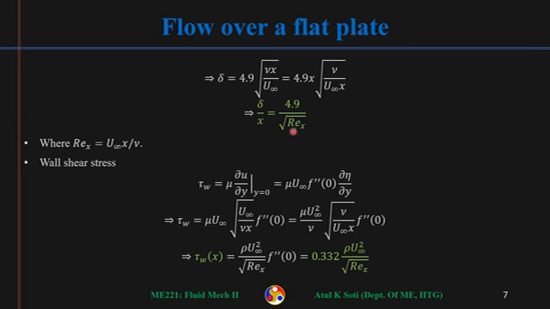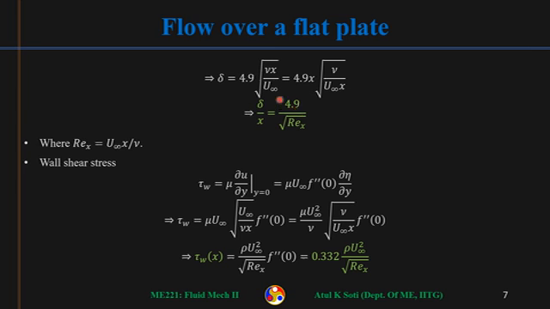So we see that this is the boundary layer thickness for flow over a flat plate. Finally, after getting the numerical solution, getting the value of A2, now we know the exact expression for boundary layer thickness. And what you see from this is, as you go along the plate, boundary layer thickness is going to increase. It is proportional to square root of x. And as Re is going to increase, boundary layer thickness is going to decrease. That we have already seen.